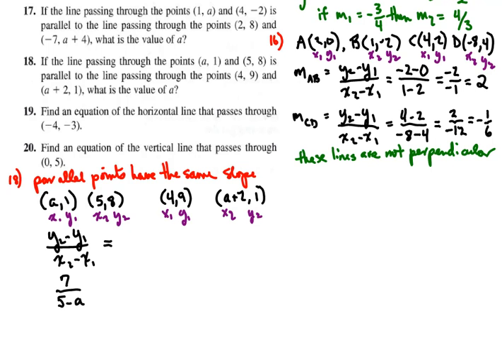Now, we call these x1, y1, x2, y2 again, but you shouldn't confuse them with the first points. We're just using that same notation. I could just as easily call them x3, y3, x4, y4. And so once again we have y2 minus y1 over x2 minus x1. So that would give us 1 minus 9 for the numerator, which I would simplify to negative 8. And I'd have a plus 2 minus 4 in the denominator, and that would simplify to a minus 2. Now since these lines are parallel,